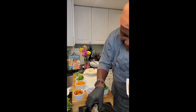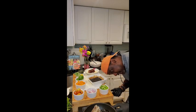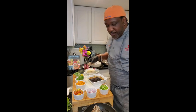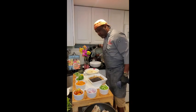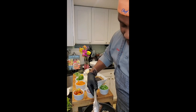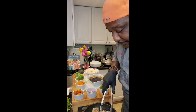naked. I'm going to turn this down really low because it's panko. So we're going to do about 30 seconds or so at each side, and then we're going to just keep flipping it around until all sides have been seared. One side. You don't need a lot of oil in the pan for this,